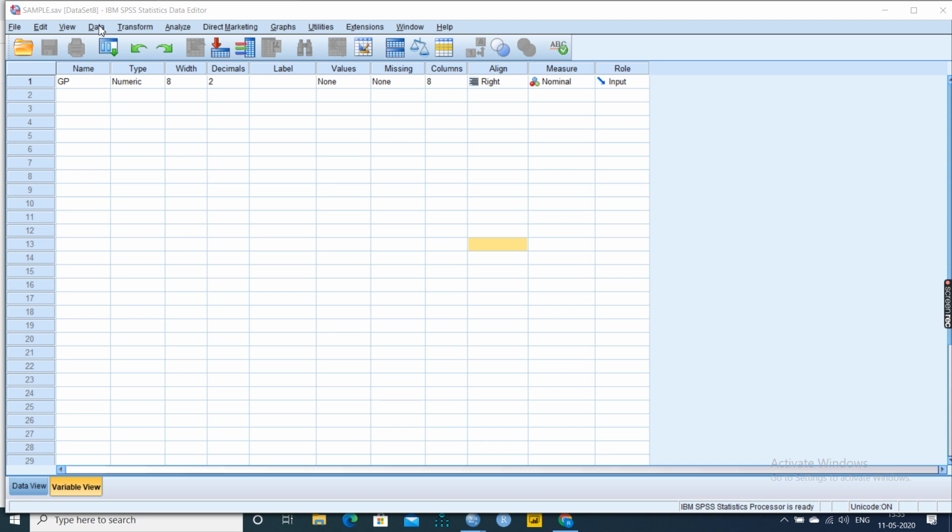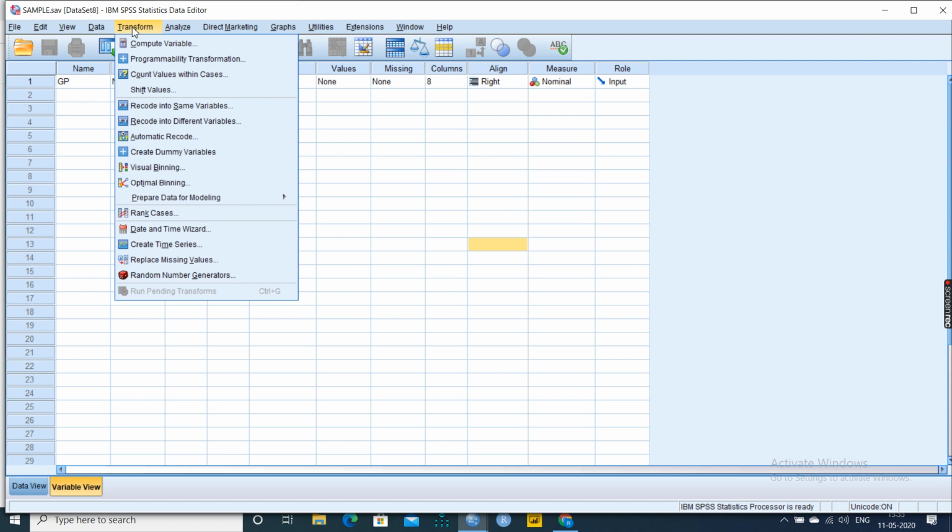What's the difference between add cases and add variables? With add cases, generally we can add the data of that particular variable from different folders to bring it into a particular folder. Or if you want to add the variables totally, along with the data file, data view, you can bring that from one SPSS file or folder to another SPSS file. So now we are going to see this merge option.